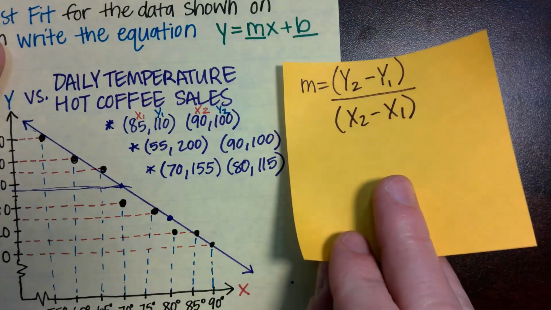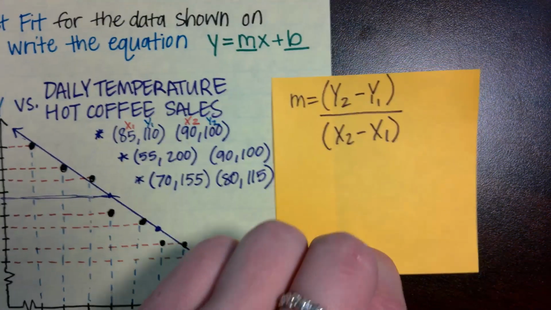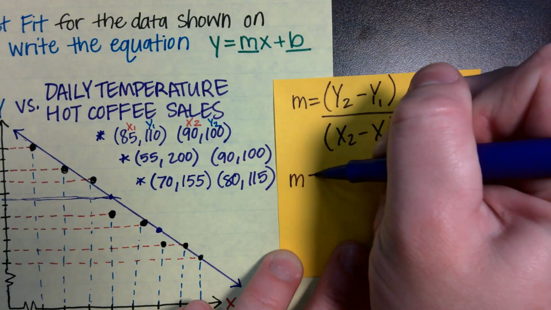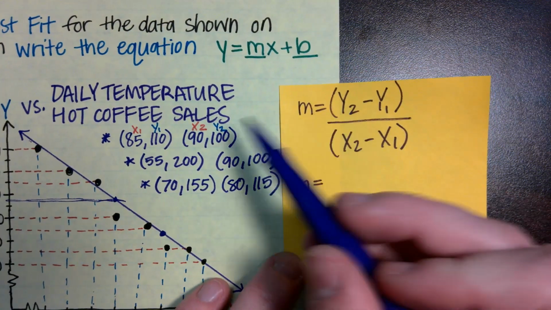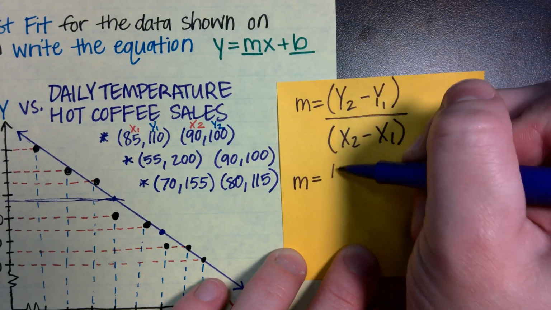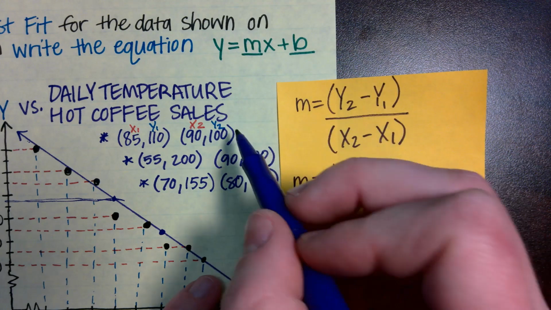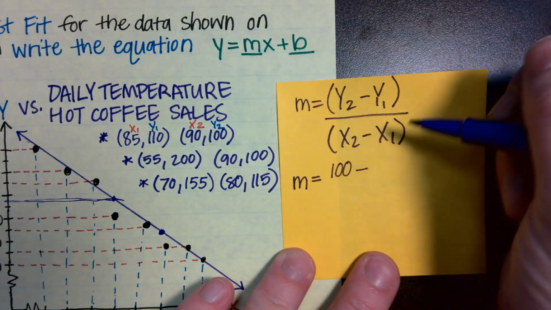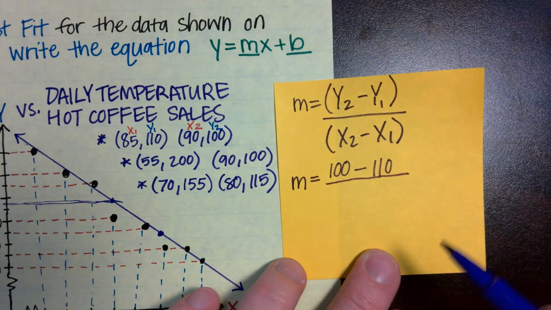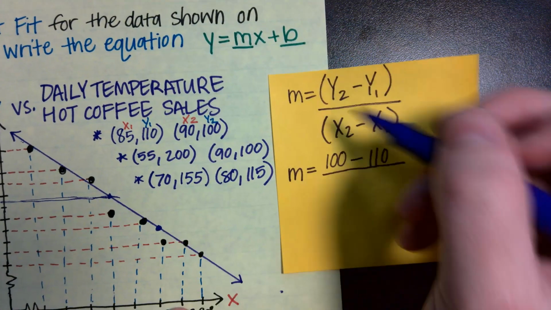So we are going to plug these coordinates into our slope formula, and that'll be m is equal to our y's. So I've got 100 for y2 minus y1, which is 110, over x2, and in this case it's 90,